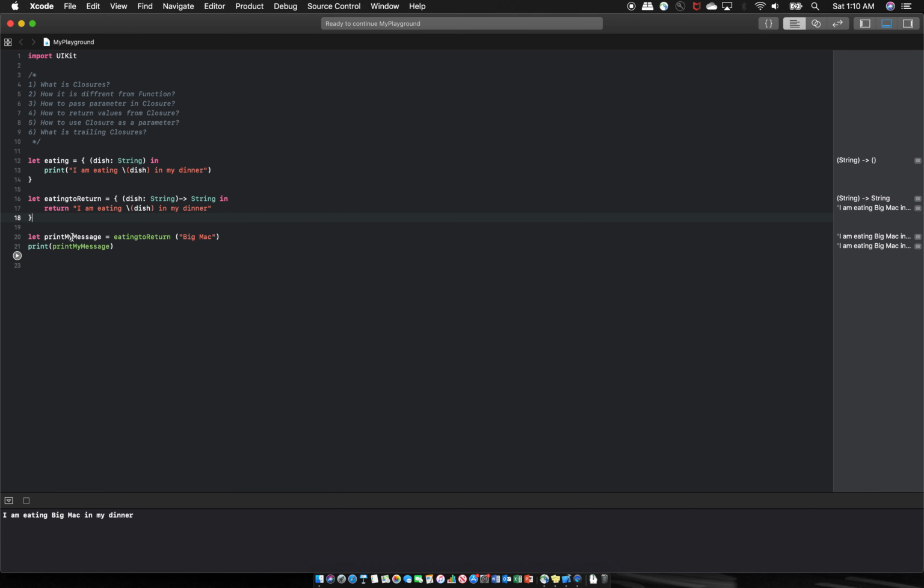Inside that we are creating another closure and calling this closure and passing this value to dish and printing this print message. So see, this is how we do return in closure. Okay, so next what we are going to study next will be